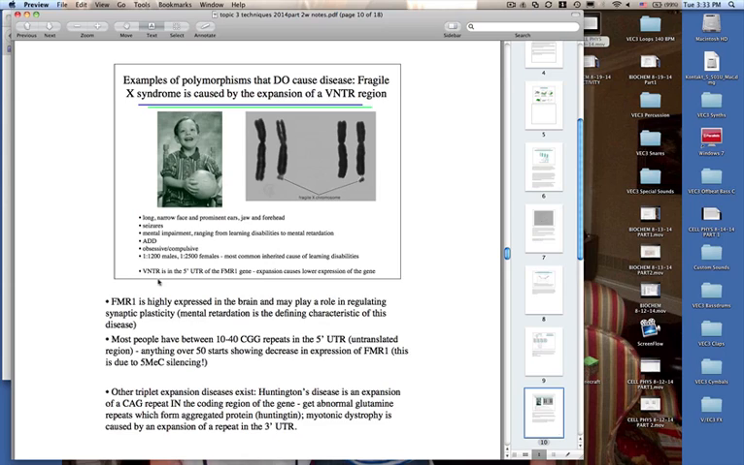So what happens is the following. You have this VNTR region. I'm going to just draw this out. This is actually really kind of complicated. I want to make sure that you're following this. Let's see if we draw it over here. Okay, so